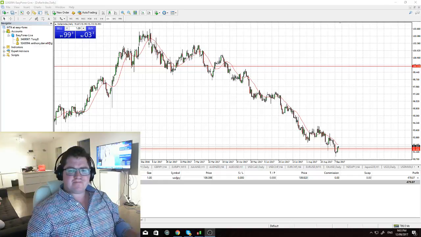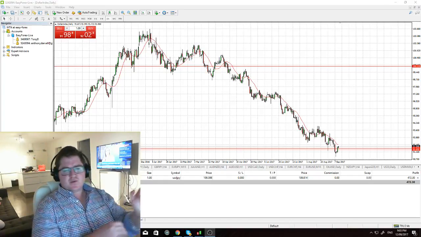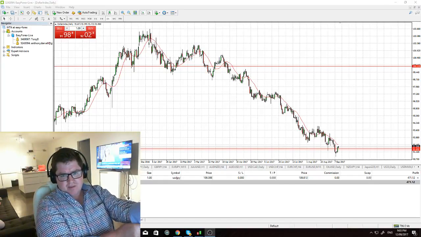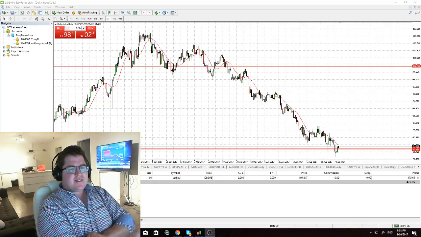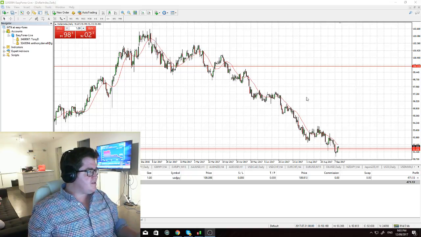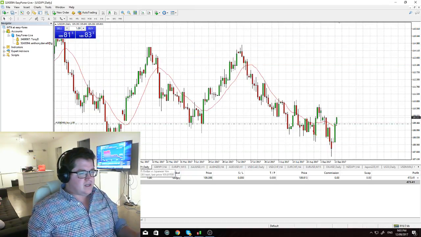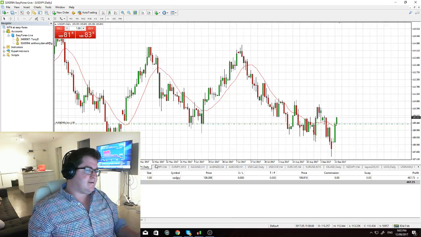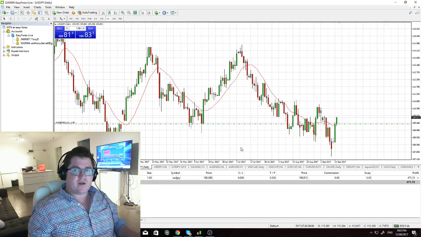Alright guys, it's been a couple of days since we spoke, and what a couple of days it has been. We have seen a dramatic reversal in US dollar's fortunes from Friday, where the market was selling every single dollar it could get its hands on. Dollar yen was below 108 and yields were just falling off a cliff.